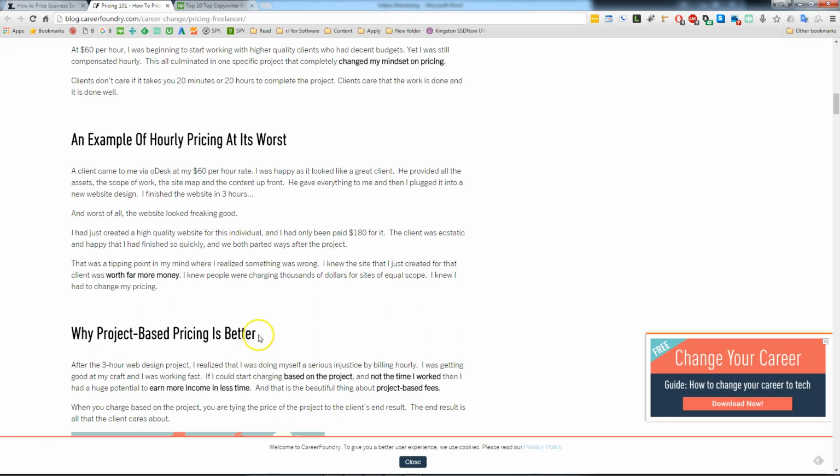Now, I don't like to make these blanket statements like project-based pricing is better or hourly pricing is better. The reality is that both work well in different situations. I've found that charging an hourly rate with big batches of, say, 500-word blog articles is much more beneficial to my bank account statement than charging a flat fee, because you never really know what unexpected obstacles will come in the way.